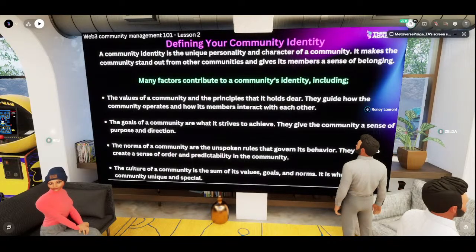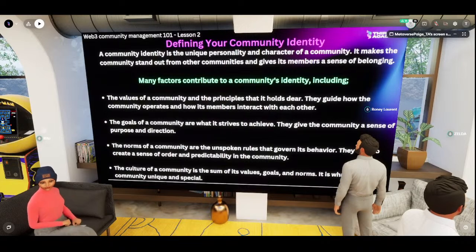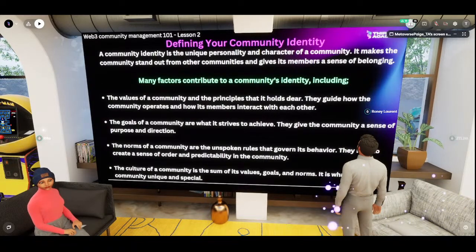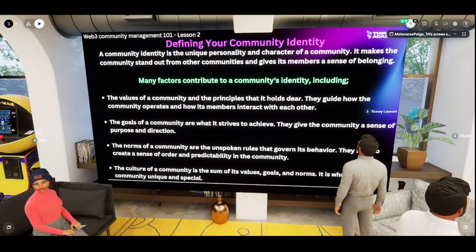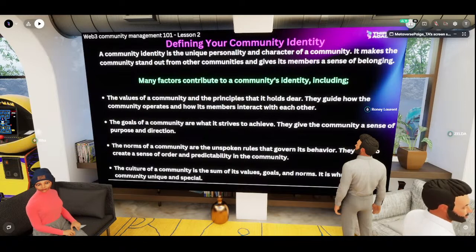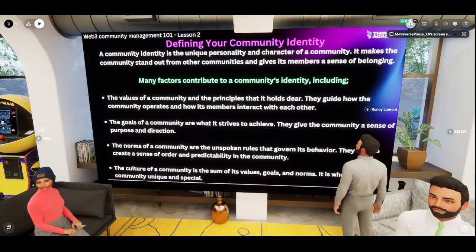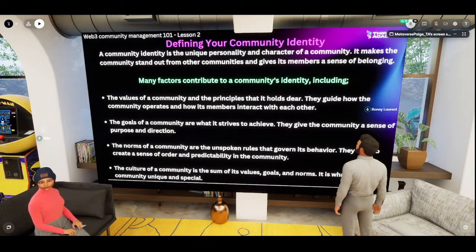They raised about 40 million, 42 million USD, if I'm not wrong, and they wanted to get a copy of the US Constitution, right? That was a goal that they were all striving towards. So if a community has a goal, it gives them this sense of purpose, as you identify your community goals and work together to achieve them.